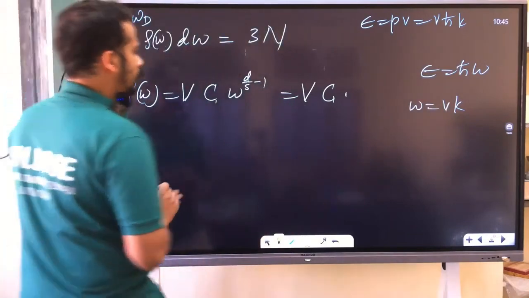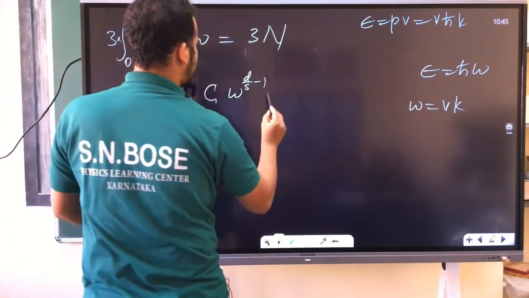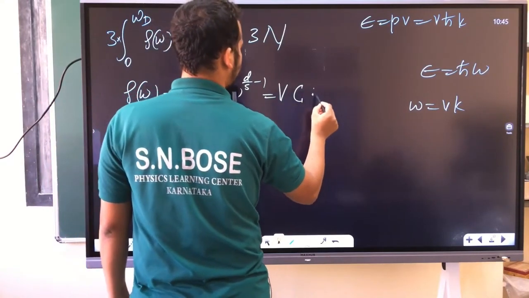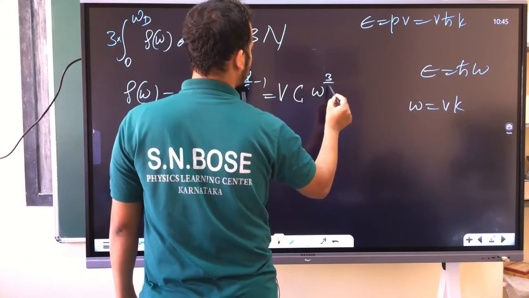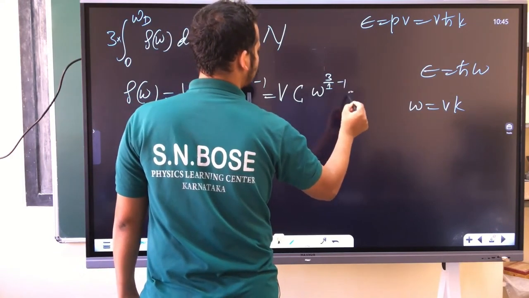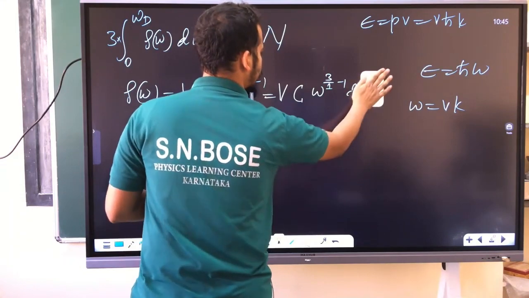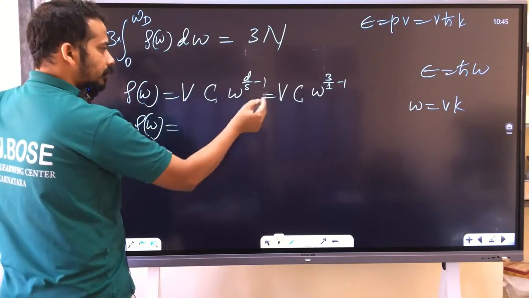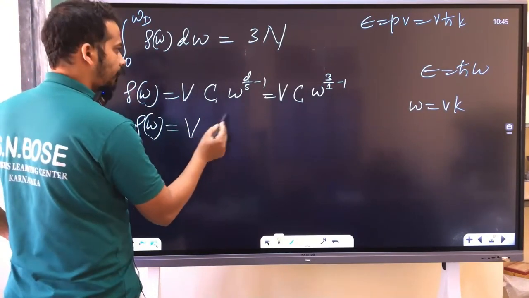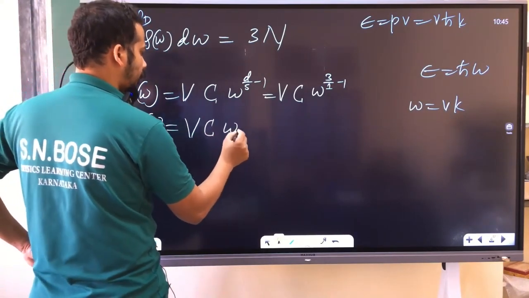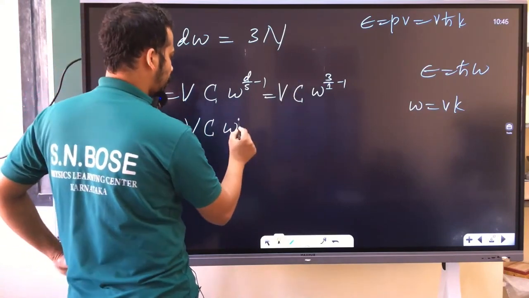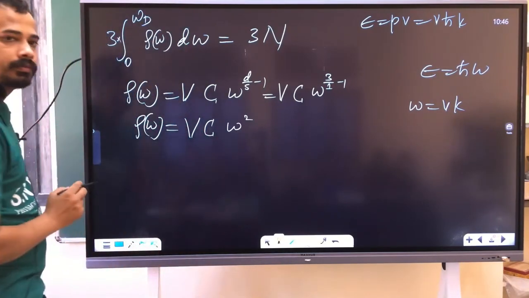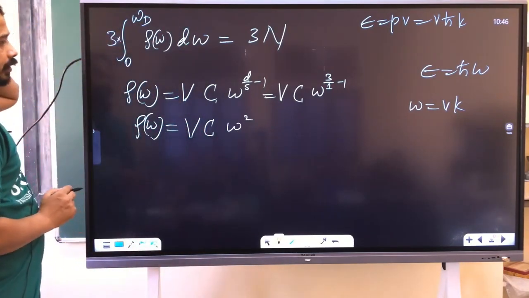So when you do this one, what is this? This is equal to V constant into omega power 3 dimension, divided by 1 minus 1. Am I right? What is this value? Rho of omega is equal to V constant omega square. Omega square here. Now when I substitute here,